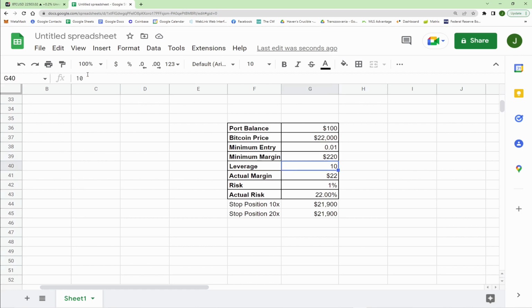Let's say you do 10x leverage, right? That means your actual amount of money that you're putting into the trade is $22. If you're risking $22 and you're just going to let it liquidate, you're actually risking 22%. So this is what I was saying, when the average trader risks around 20%, this is where I get that number from, because the average trader uses 10x leverage. And that's also the default. When you go to turn leverage on a lot of exchanges, the default is, in fact, 10x.